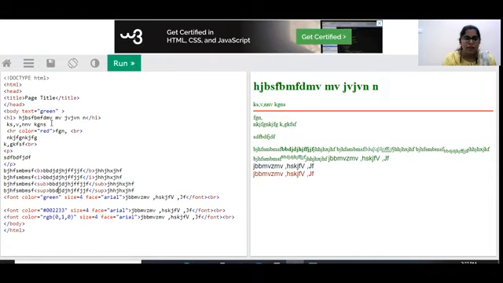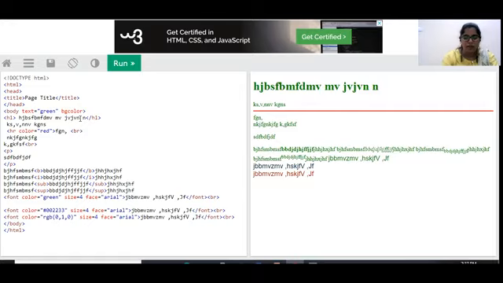So the next one, if you want to give a complete background color: if you can see here, our text is beautifully designed. Here we are using lines and giving colors, but there is no background color. Without any background color, obviously it looks bad. So what we are going to do, we are going to give a good background color for that with the help of the BG color attribute.